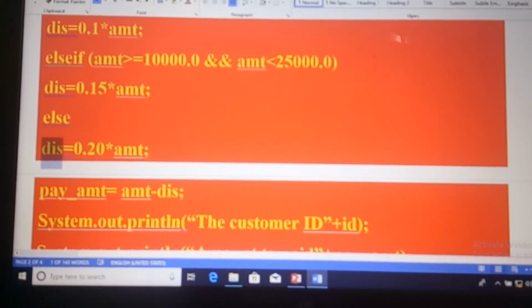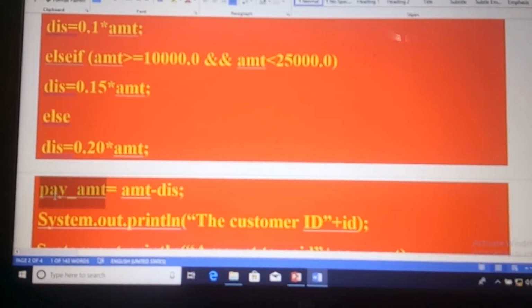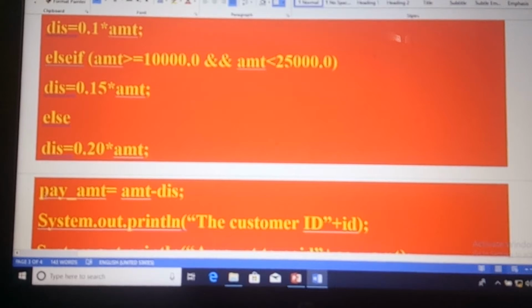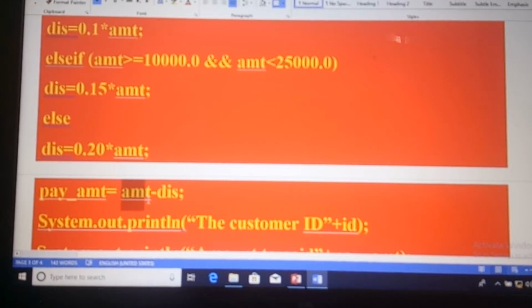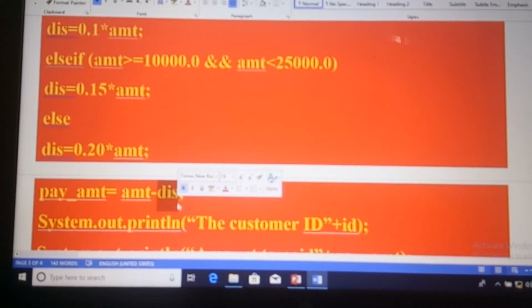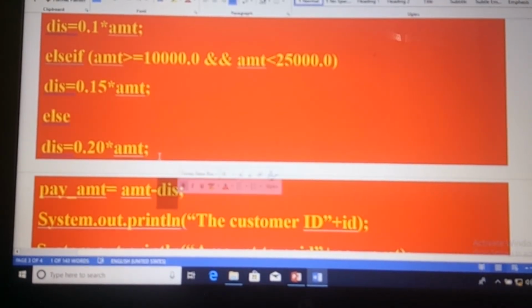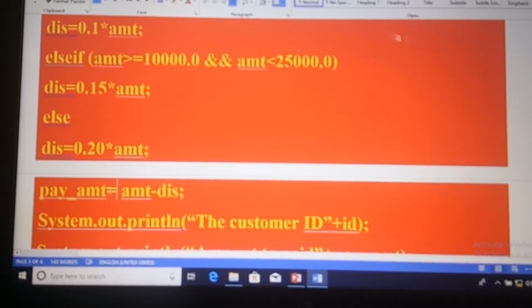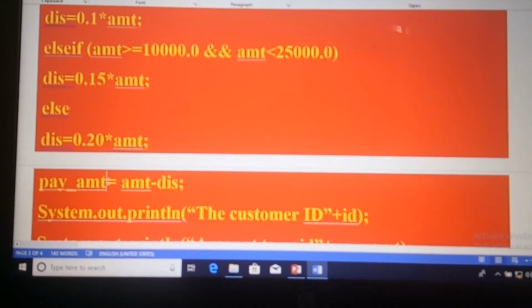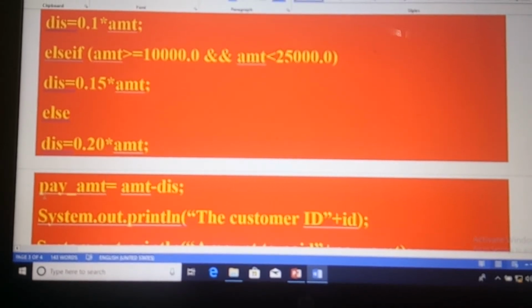The variable for storing the amount to be paid by the customer is payAMT. That equals AMT, the total purchase amount, minus the discount obtained, which is stored in the variable DIS, based on the calculations and conditions given above. So the amount to be paid will be stored in the variable payAMT.